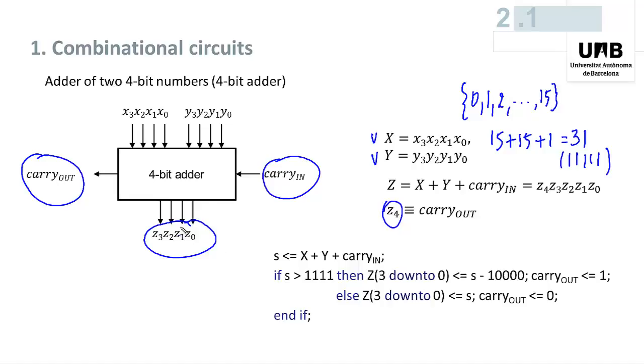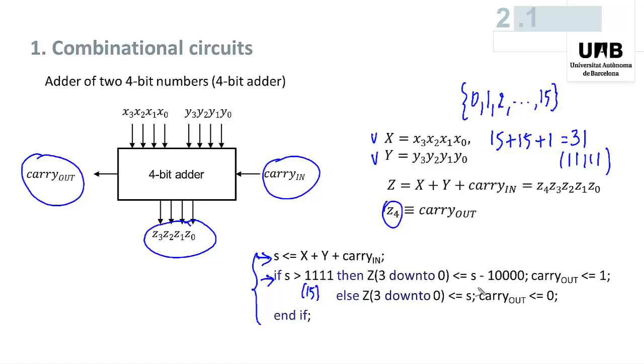The function of this circuit could be defined by this very simple algorithm. We compute the sum S of x, y, and the incoming carry. If the result is greater than 1, 1, 1, 1 in binary, that is 15 in decimal, then we compute